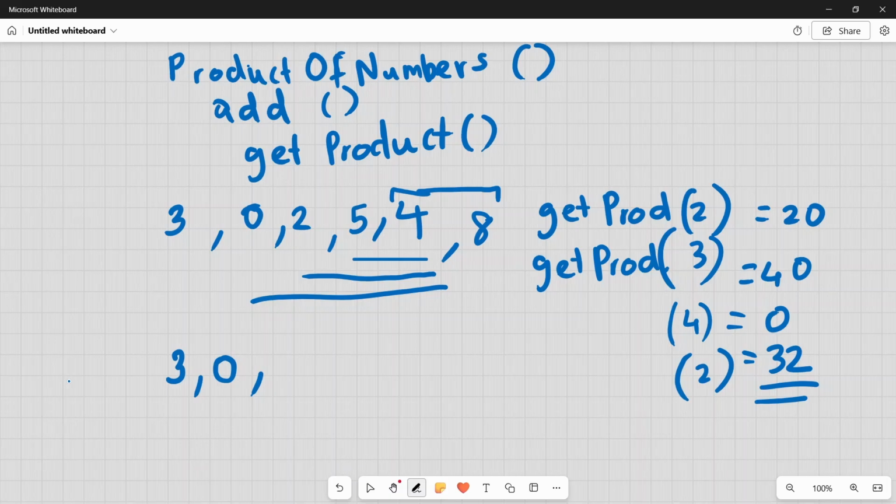So we'll take the number after 0, and we'll assume that 0 is not present, and we'll continue creating the prefix product as it was. So then this will be 2. 2 times 5 is 10. Then 10 times 4 is 40. Then 40 times 8 is